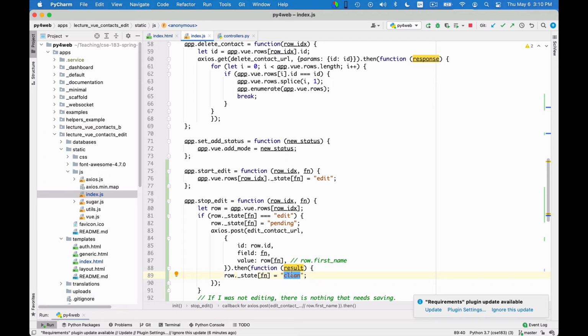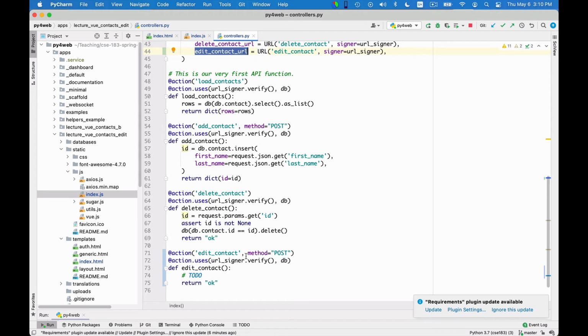Good. So now I have these three things that I'm sending to the server, and I need to intercept them and do the save. So let me do that. I have to write it here. So instead of this, I will write updates the DB record. Okay, and I need to write the following code. First I need to fish out the three parameters that I'm sending.